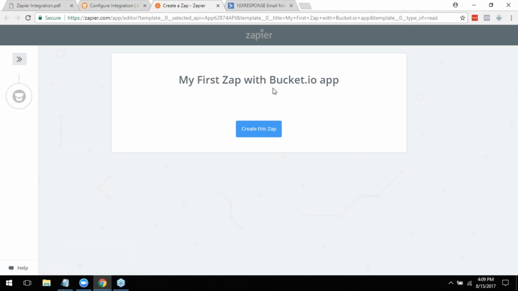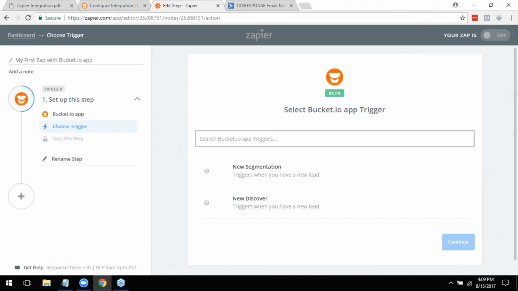Now, you'll notice the screen, My First Zap with bucket.io. This is what you're going to see every time you click that if you're already logged into Zapier. So I'm going to create the Zap. Now, if you have not already connected your bucket.io account to